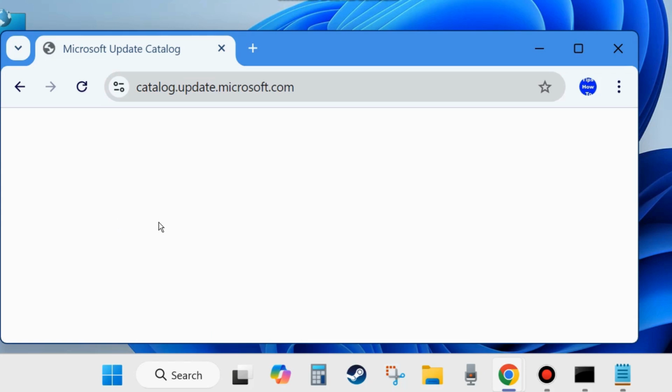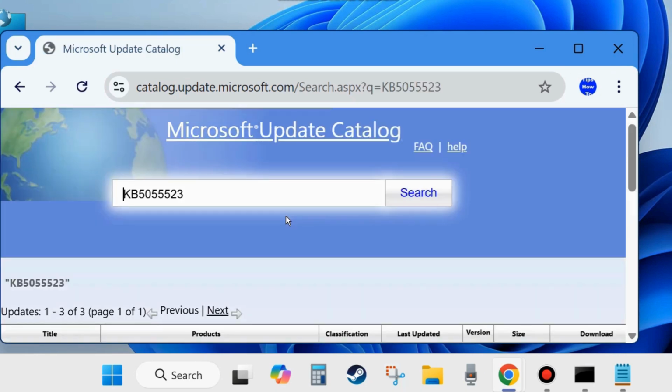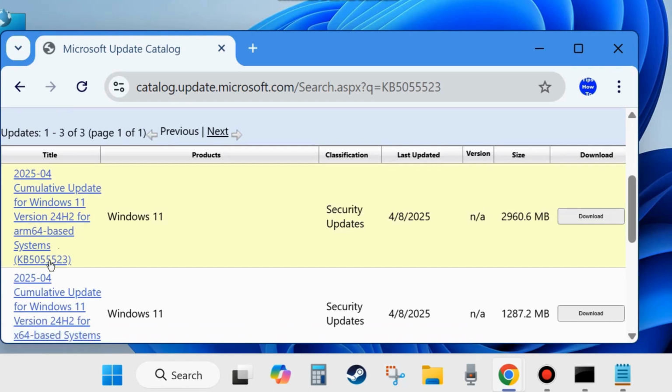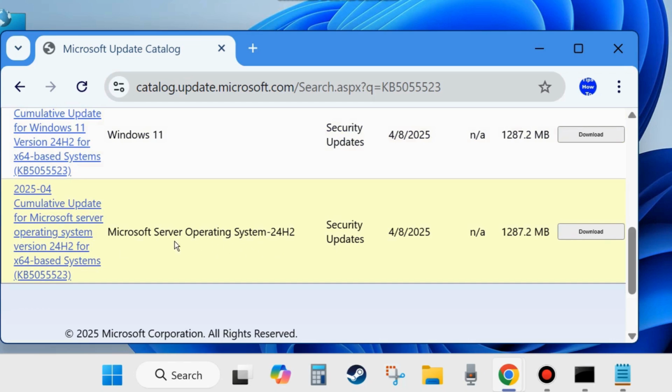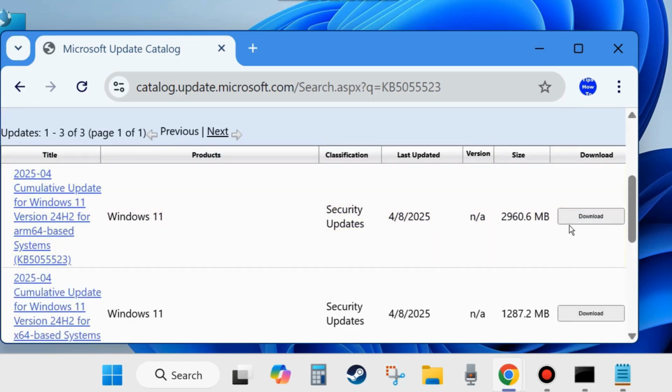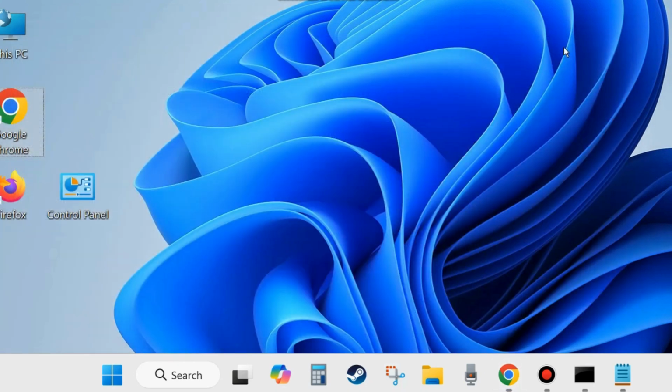and here in the search field type your desired KB update, KB5055523, and click on search. All its related available updates will be visible here. You can see Windows 11 24H2 update KB5055523 is available, and click on the download button against each, and follow the on-screen instructions to complete the downloading and installation process. So if none of the workarounds fix your issue, manually download and